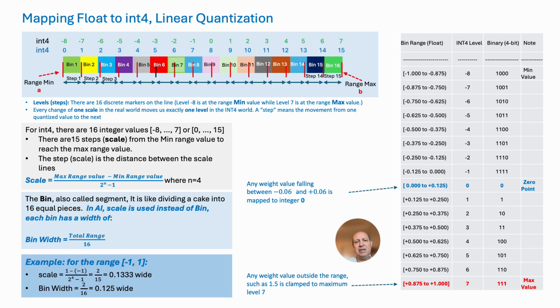The 16 equal-sized bins is like dividing a pizza into 16 equal slices. This determines the size of the pizza slice, while this is not what we are trying to figure out here. Instead, what we are trying to do here is to determine the quantized level for each real number. This process is based on the number of steps needed to determine the quantized integer 4 level for each real number. The round function is also used to round the value of the real number when divided by the scale to the nearest integer, meaning the nearest quantized level, not the bin number.